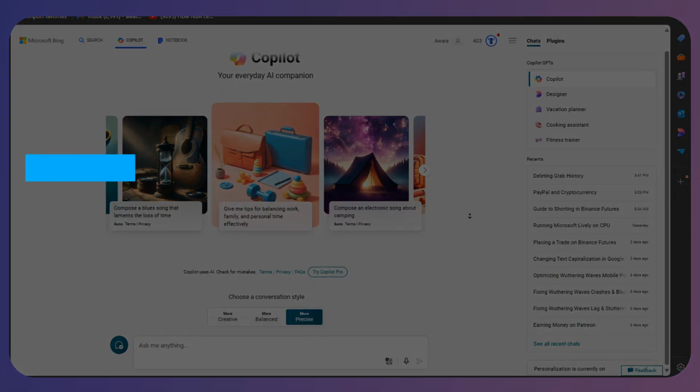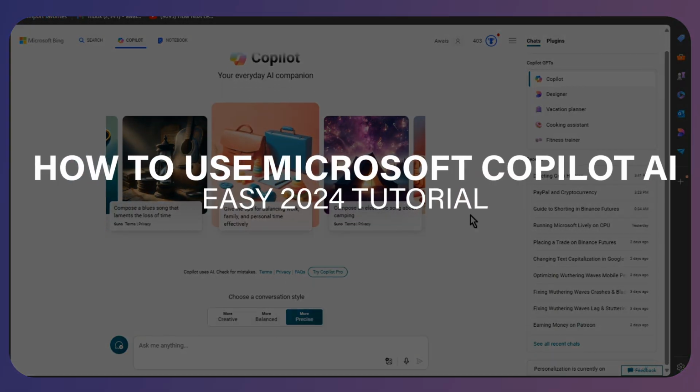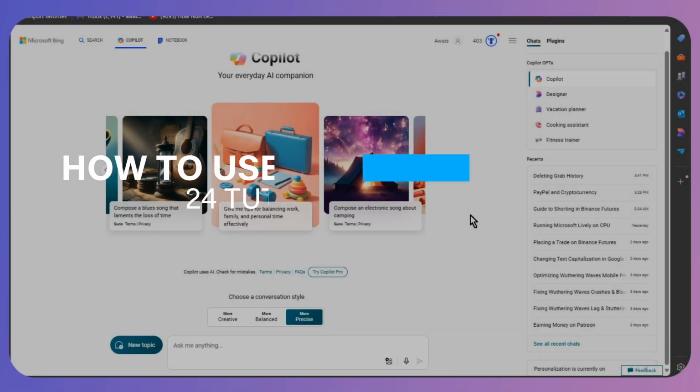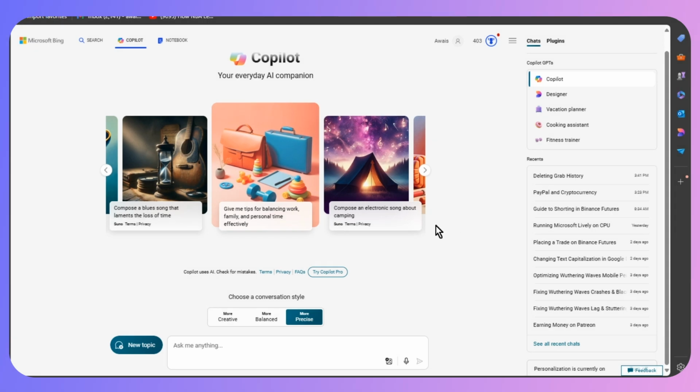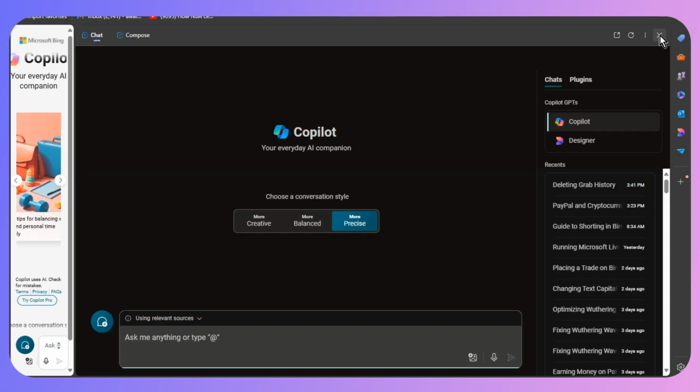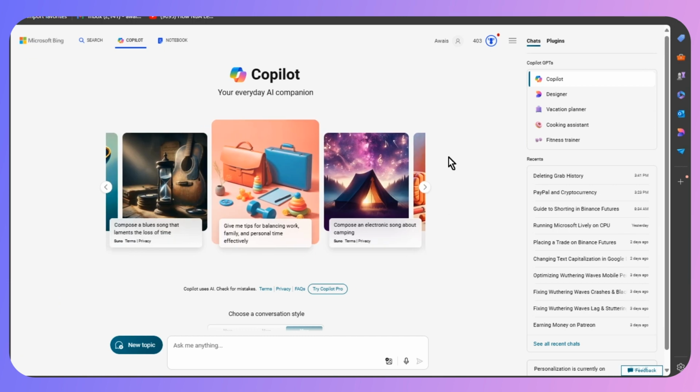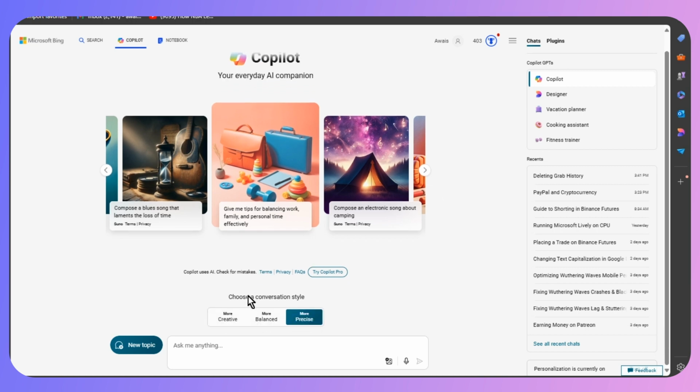In this video, I will guide you how you can use Microsoft Copilot AI. So first of all, you need to simply start by opening up your Microsoft Edge, or you can also do this on Google. And then you need to simply search for Bing AI. And this is going to bring you to the Copilot, where you need to first of all start by selecting your